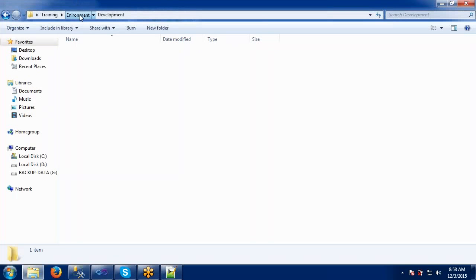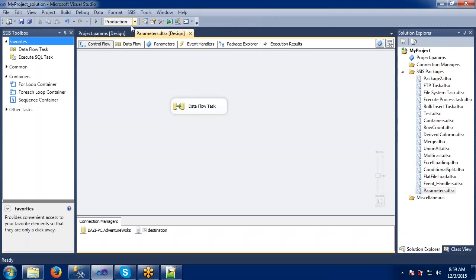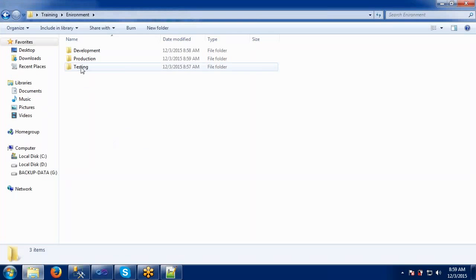So we don't have anything in production, right? So the file should be created here. Yeah, see, the file is created in production, which means our parameter is pointing correctly and working fine. Now change it to testing here. We don't have anything in testing, right?